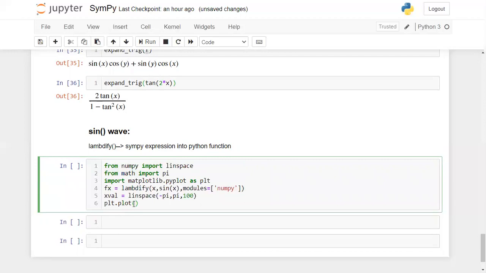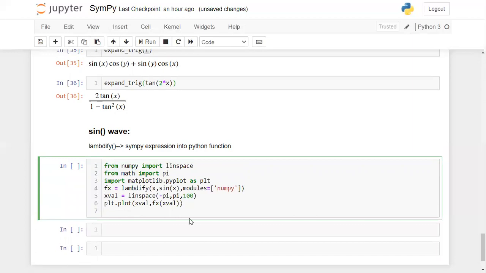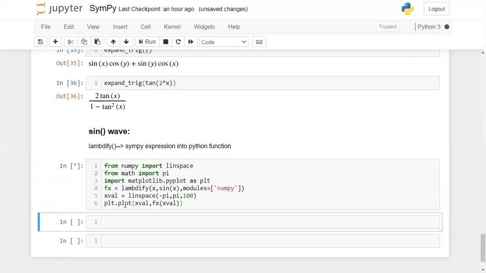On the x-axis, what do you want to represent? I want to represent x values. On the y-axis, fx of x values. If you want to give any labels, we will do that later. Now try to run this.